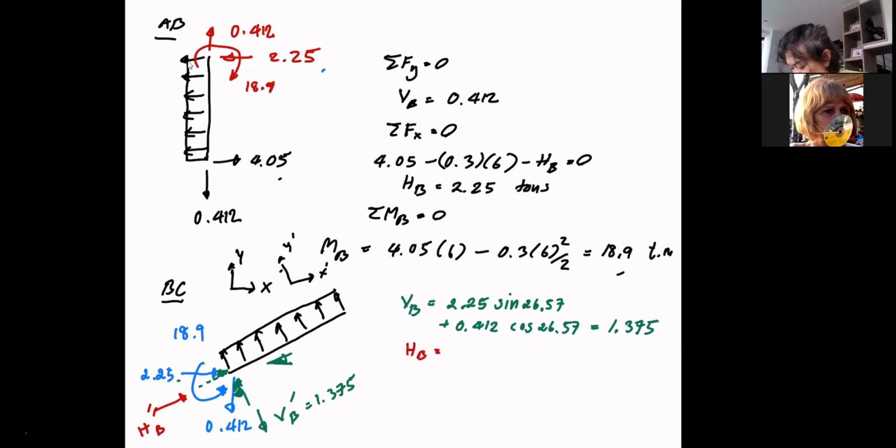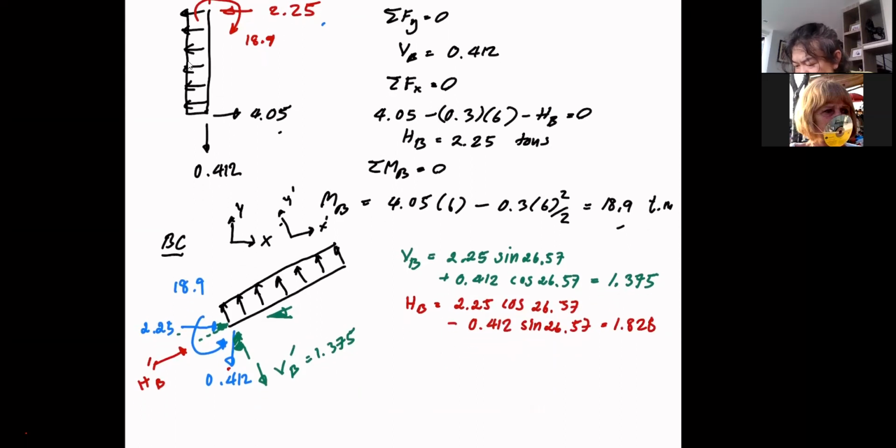the, say, 2.25 cosine now. Okay, 26.57, but this time this force is going in the opposite direction, so you have to, you know, subtract it. 0.412 sine 26.57. That gives me 1.828. Okay, that is, do we have more space here? Oh yes,